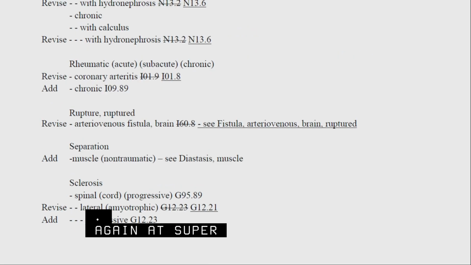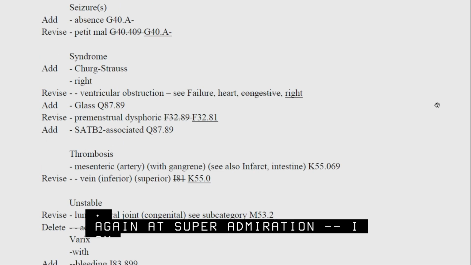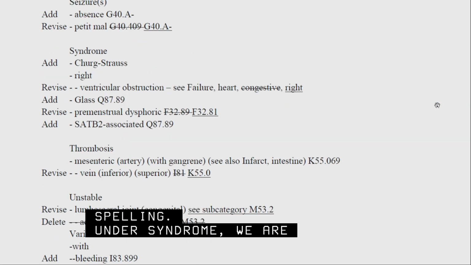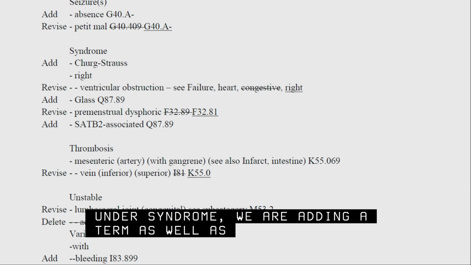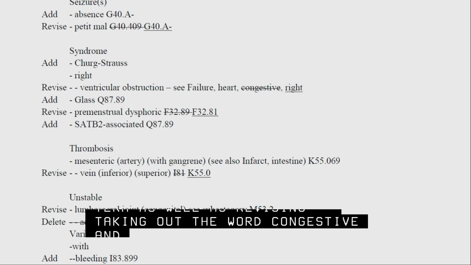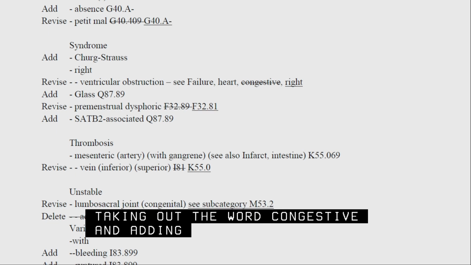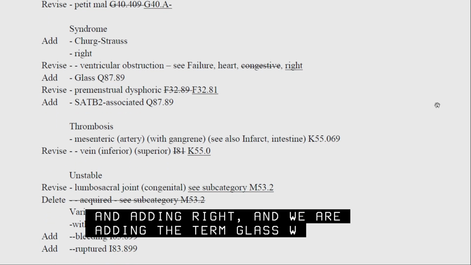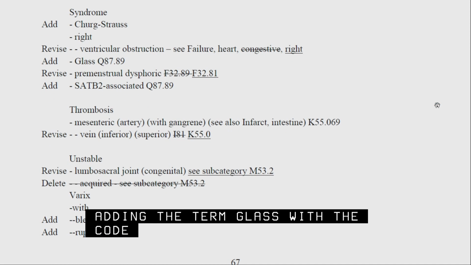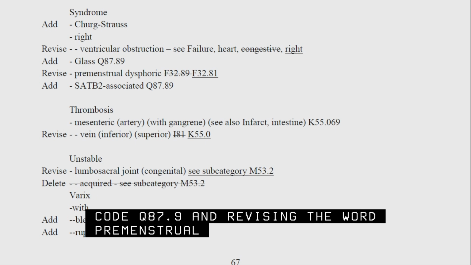again, correcting the spelling. Under syndrome, we're adding the term Churg-Strauss, as well as revising, taking out the word congestive and adding right. And we are adding the term glass with the code Q87.89, and we are revising the word premenstrual dysphoric from F32.89 to F32.81, and we are also adding